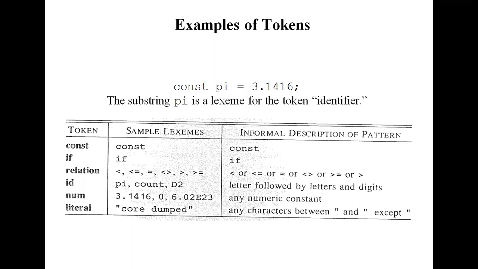I think you all understand by seeing the example. These are the lexemes. For example, a familiar example that we already learned in the last classes. Position is equal to, in the place of const pi is equal to 3.1416, here you need to take an example like position is equal to initial plus rate into 60.